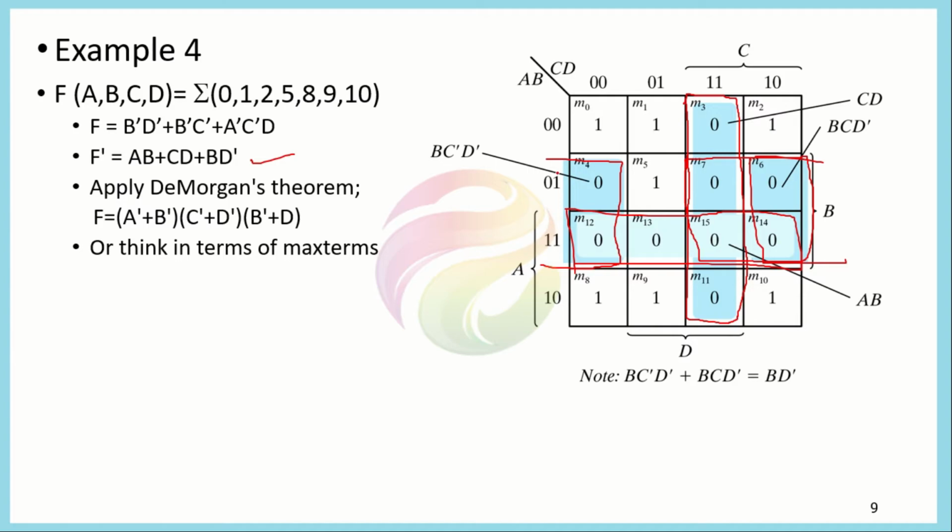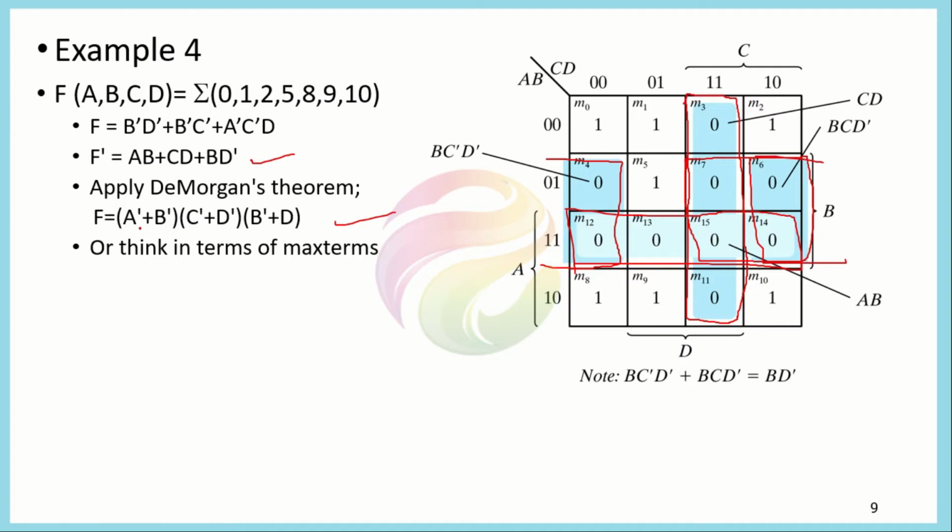Then we apply the same procedure to minimize. If we have a square of, say, 4 adjacent zeros, then those adjacent zeros will be represented by 2 literal terms. If we have a 0 in 2 adjacent boxes, then they will represent a term of 3 literals. In this way we represent this. So now the minimized expression for this Boolean function is represented as this one. If we just apply De Morgan's law, or you can take the complement of this again, we will end up at this expression.